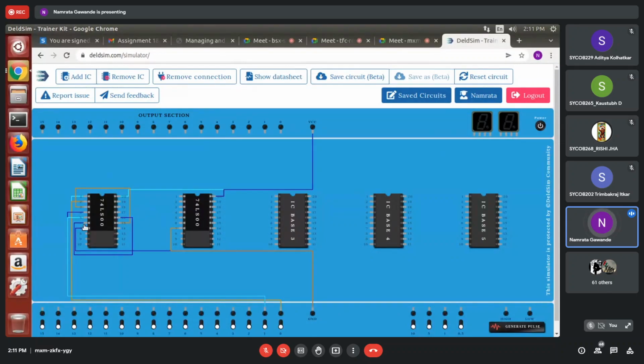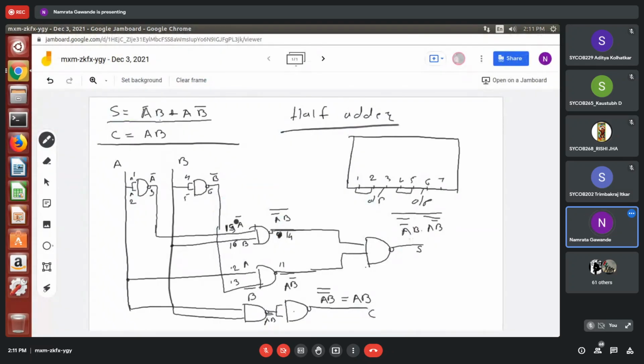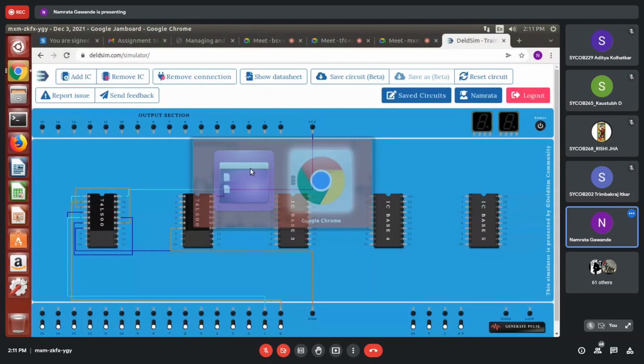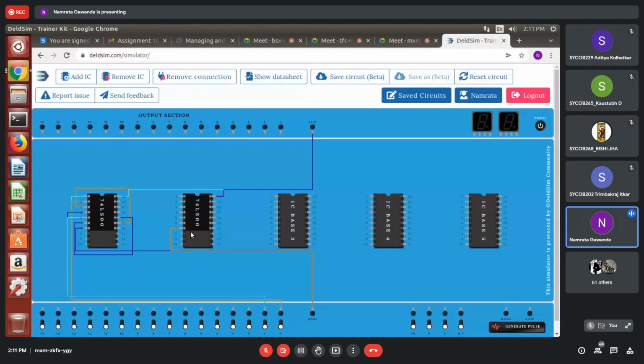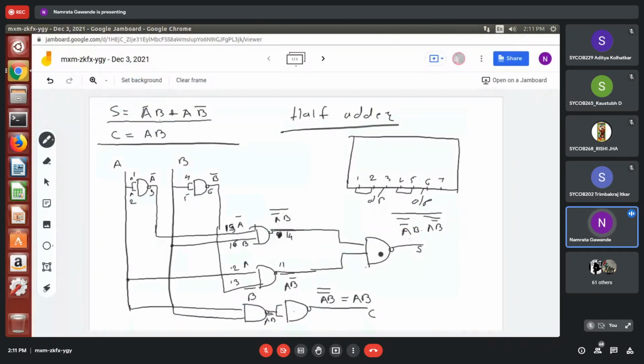The output of this, I am passing to the input of another NAND gate. After that, the output of this, pin number 14, is going to another NAND gate.